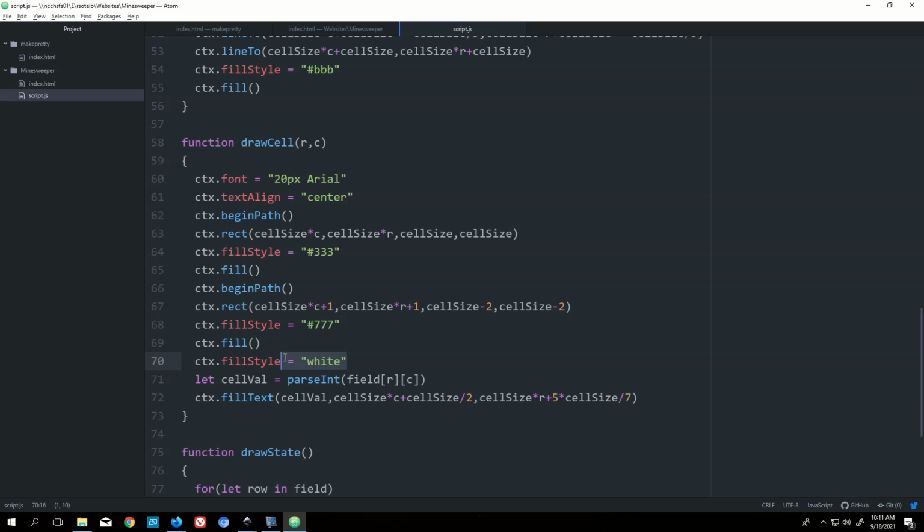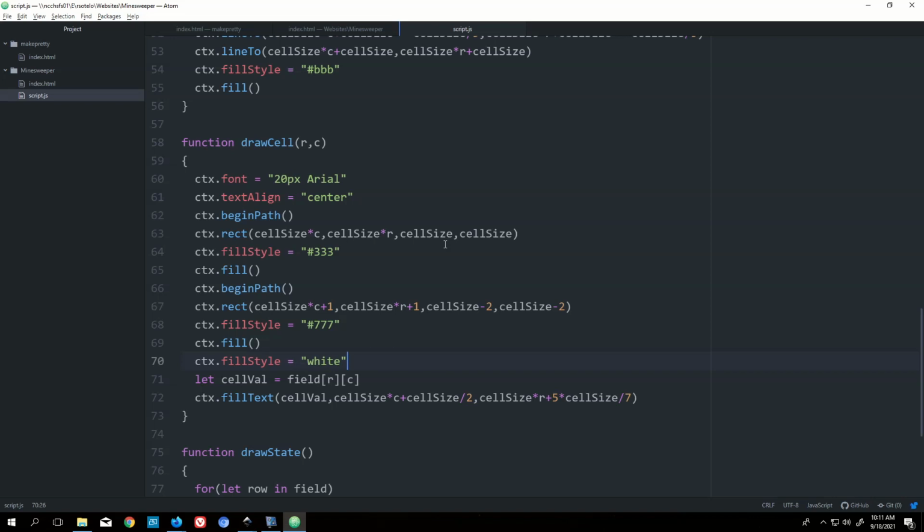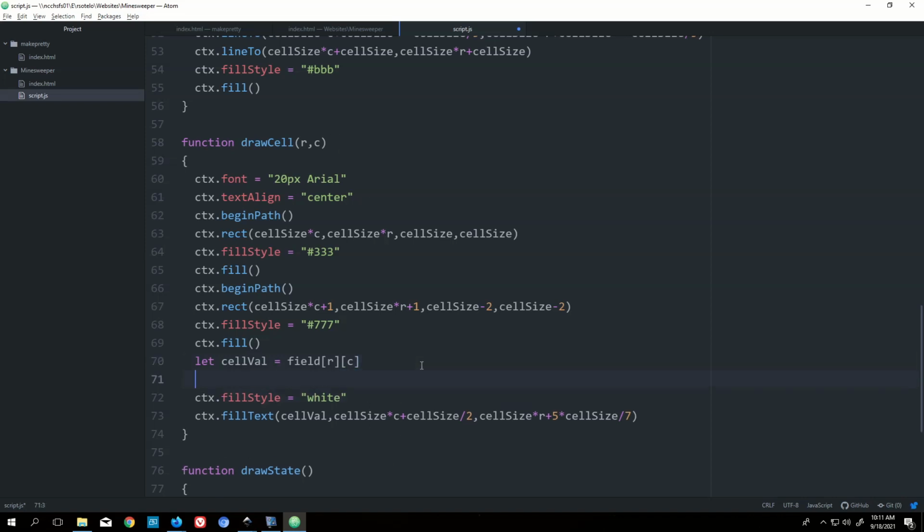So let's say, I don't think I need the parse int, by the way. Let's see if that's true. Yeah, that's good. Okay, so I'm gonna put that above, and when we draw the cell, I'm gonna create a switch statement, which is based on cell value,